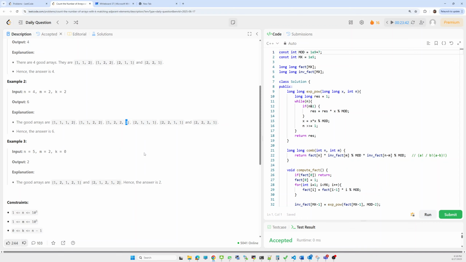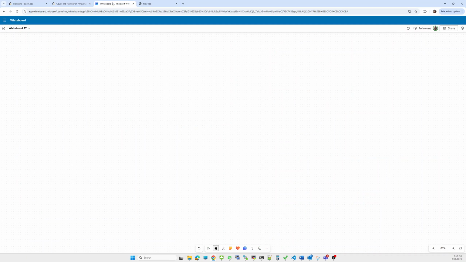Now let's look at the intuition behind solving the problem. We have three pieces of information. First is n, the size of the array.